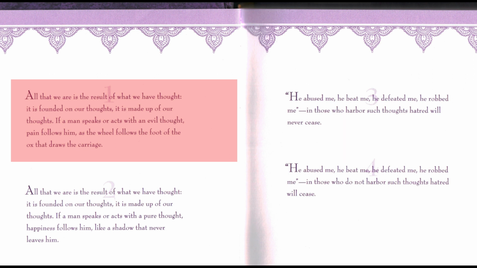If a man speaks or acts with an evil thought, there's something inside of us that is not okay. It's tucked away, but it continues to emerge. We get triggered and it follows us like the wheel follows the foot of the ox that draws the carriage. The carriage is what we are drawing in life. We are the ox, the carriage, that whole package right there. So those are analogs for who and what we are. And then the action there is what is going on. We see the cyclical, the pain following the wheel.